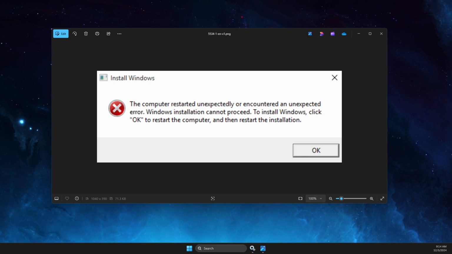Hey guys, in this video I will show you how you can fix a "computer restarted unexpectedly or encountered an unexpected error" on Windows 10 and 11, right? So what you need to do here, do not press OK. When you get this message, what you need to do here, you just need to press Shift and F10 to